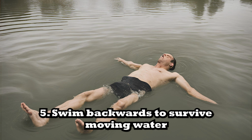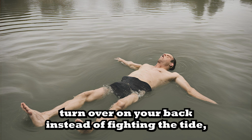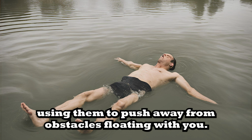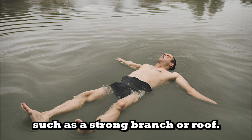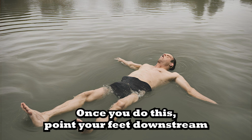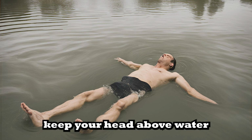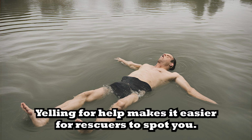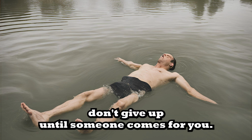5. Swim backwards to survive moving water. Turn over on your back instead of fighting the tide. Keep your feet positioned upstream, using them to push away from obstacles floating with you. Try to find something to hold on to, such as a strong branch or roof. Once you do this, point your feet downstream and yell for help. Never go under debris. Keep your head above water and avoid the debris or pass over it. Yelling for help makes it easier for rescuers to spot you. Wave an arm if you have the strength. Don't give up until